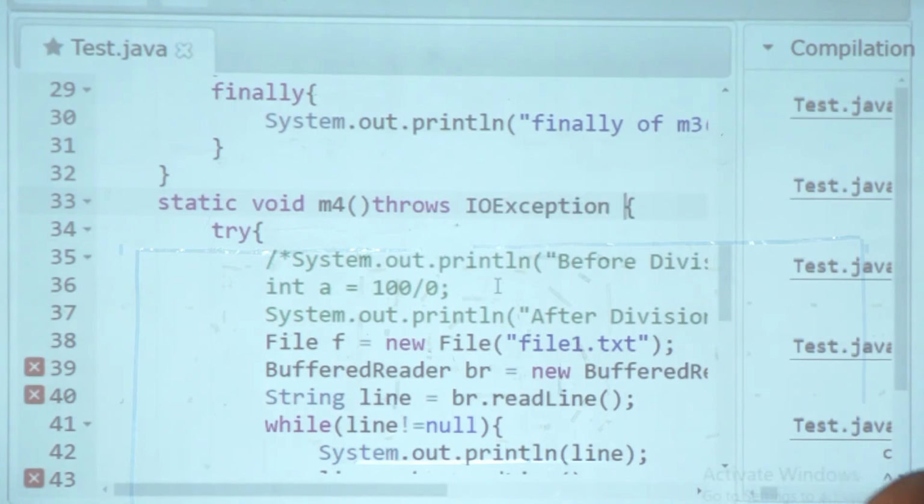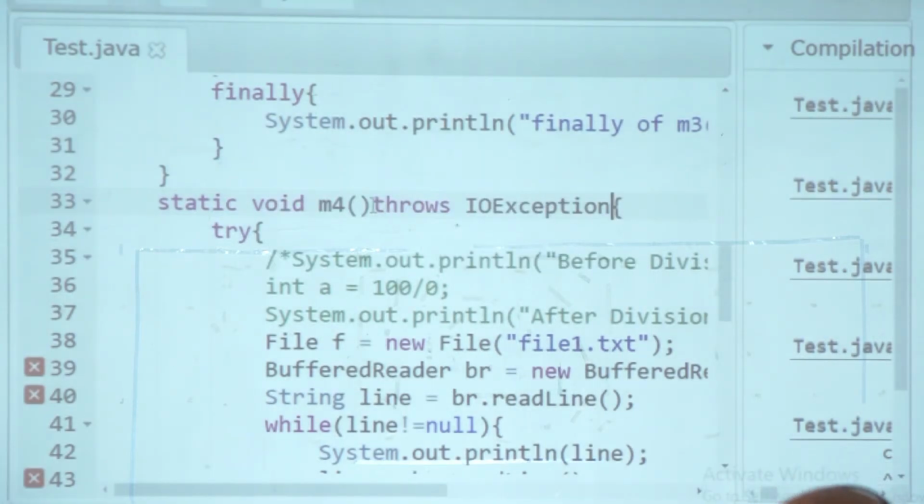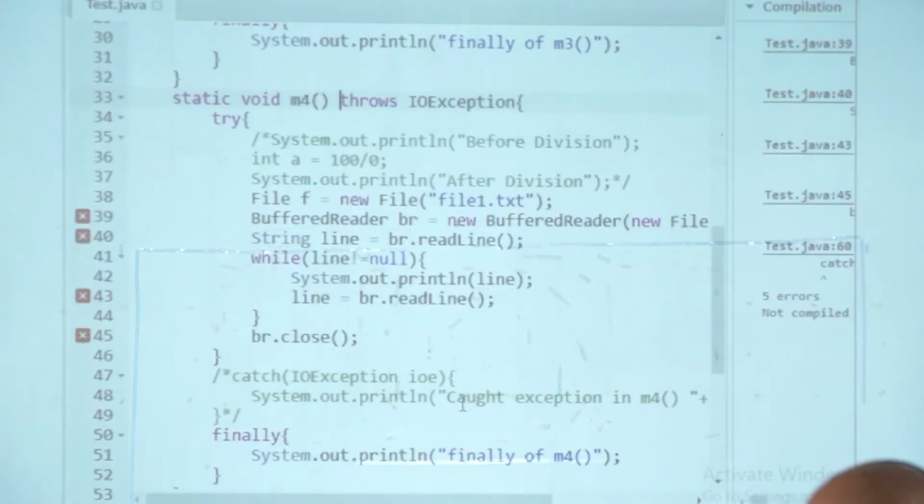I did that. Now the compiler will feel happy about M4. Why? Because at least M4 is telling me, yes, I may report an exception. I am not handling it, but I am reporting it. Now do you think the code will compile? M4 is happy now. Will it compile now?